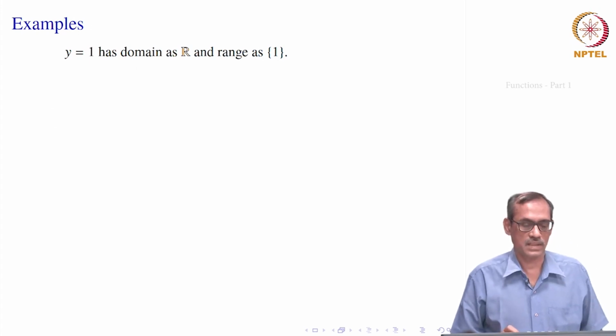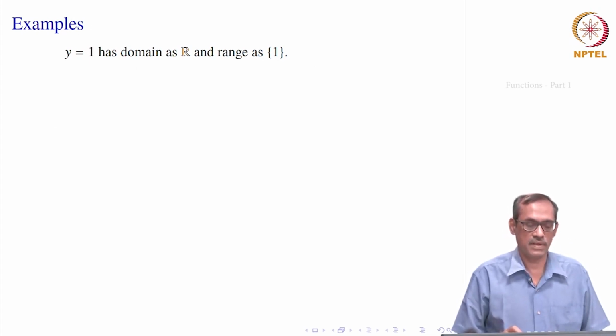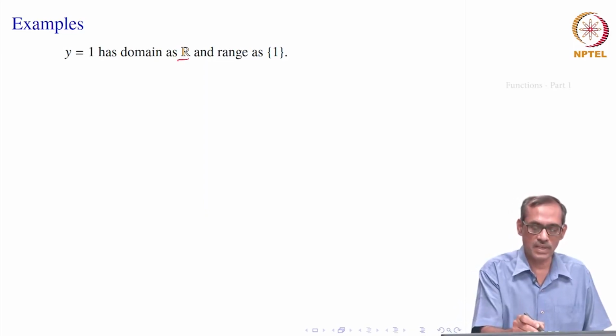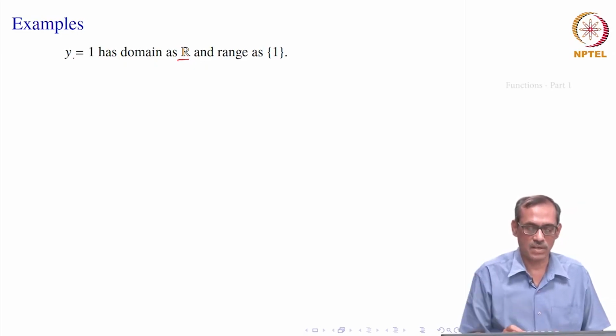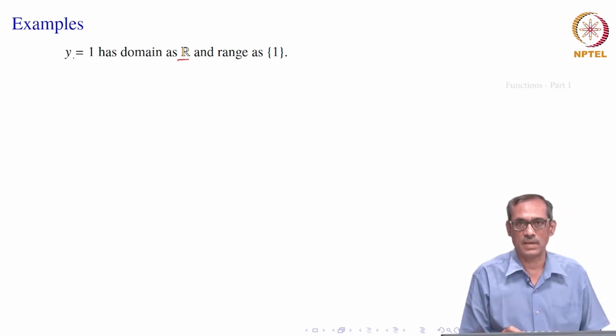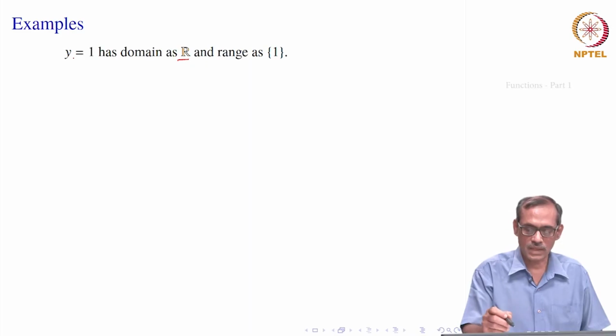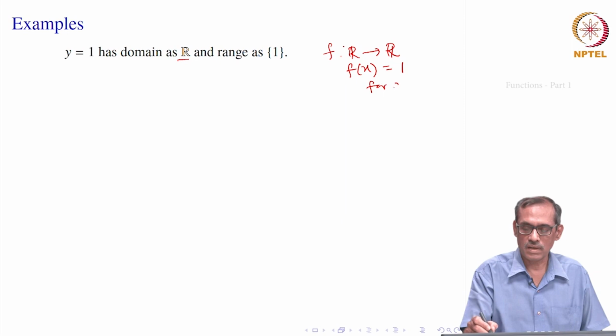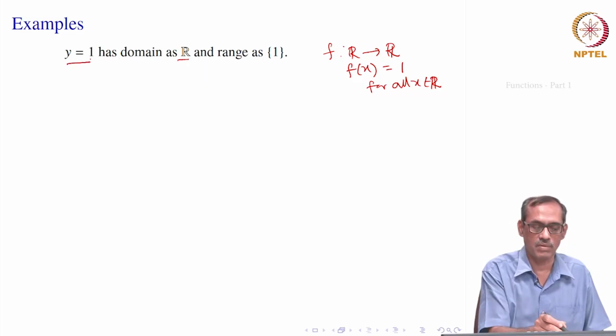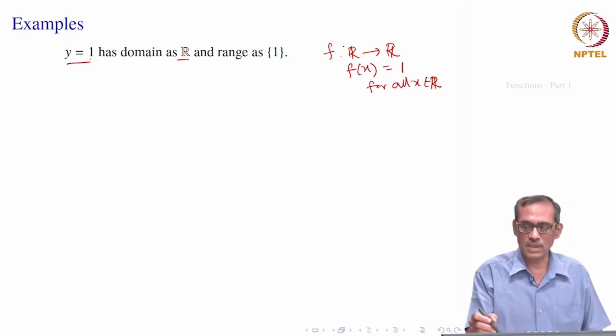Let us say the first simplest example, that f is given by f of x equal to 1 for every x in R. We write in a short form that y equal to 1 is a function, taking the terminology y equal to f of x as a function. Actually, if you write it, the function will be f from R to R given by f of x equal to 1 for all x in R. This is how the function will look like, but in short form we write y equal to 1 is the function. So, now this is defined